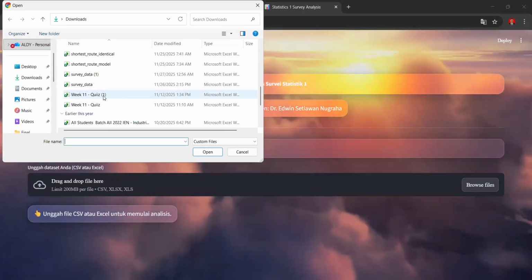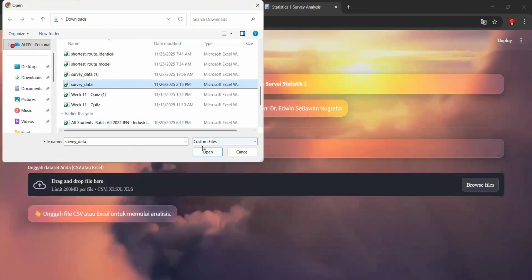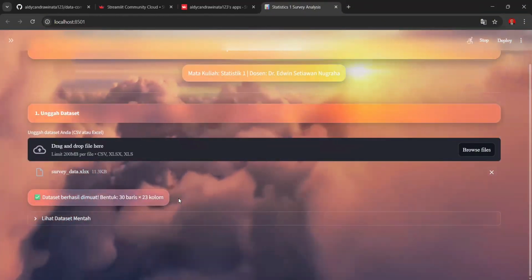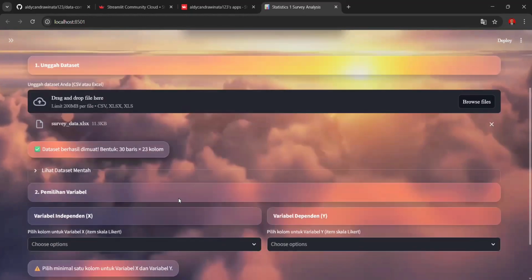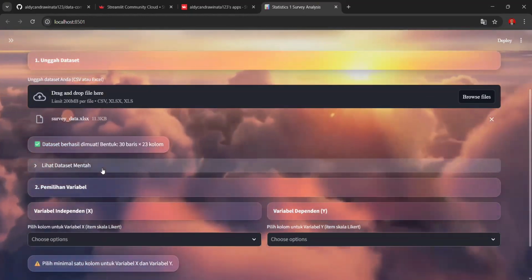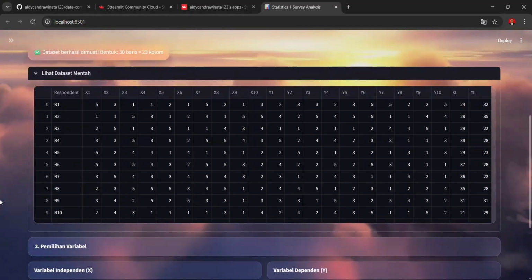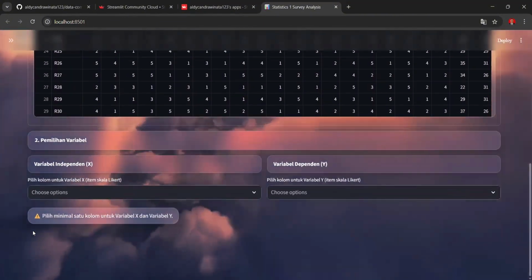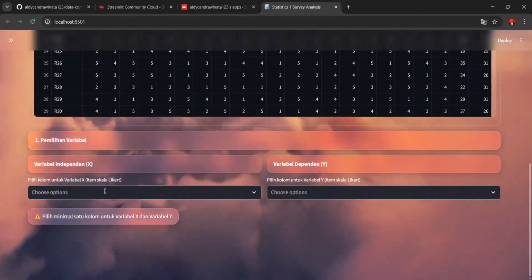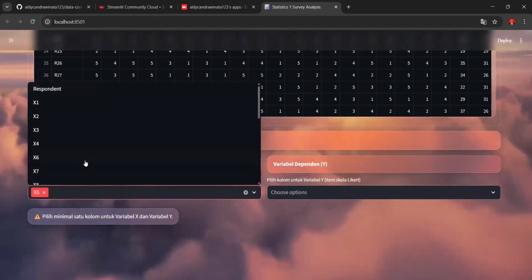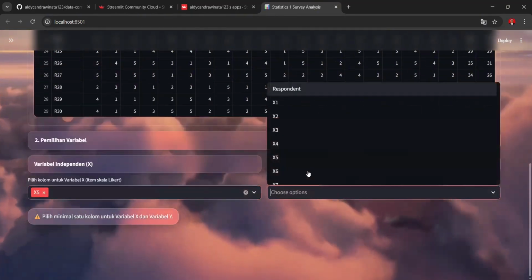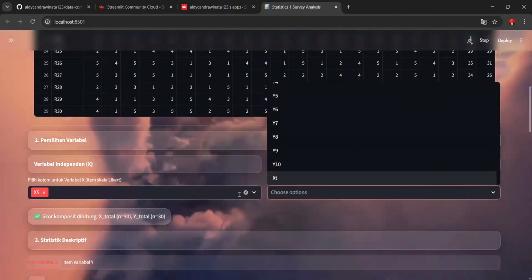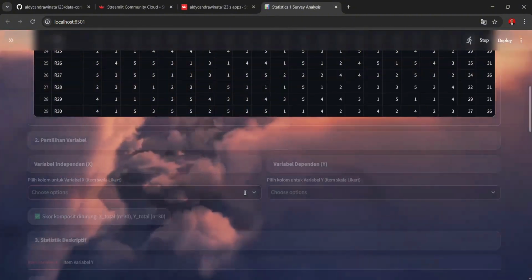Okay, first we try this web application. We upload data, Excel or CSV, here we use Microsoft Excel, and this is the raw dataset. The next is variable choosing. The independent variable is X and the dependent is Y. We use X total and Y total.